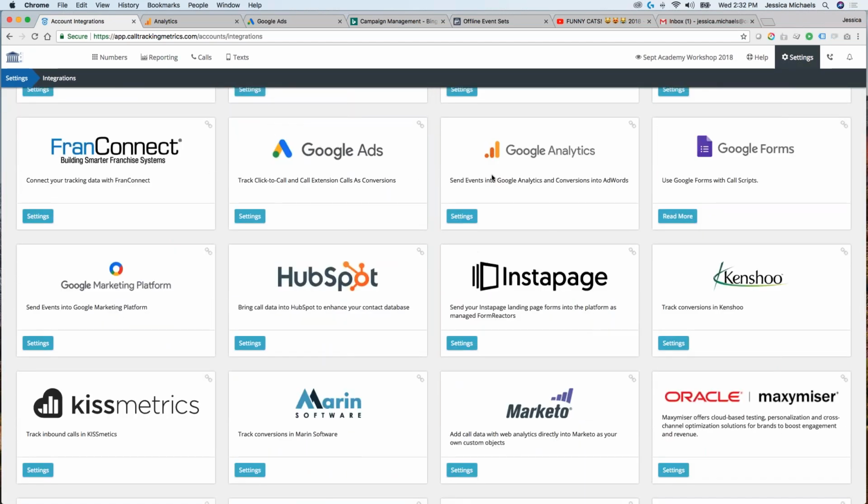So like the video said, and I said earlier, we have two types of integrations to get calls into AdWords as conversions. Really a great way to think about it is that Google Analytics is going to be for any time it's a click to a landing page, and Google Ads is going to be when it's a click to call or a call extension.